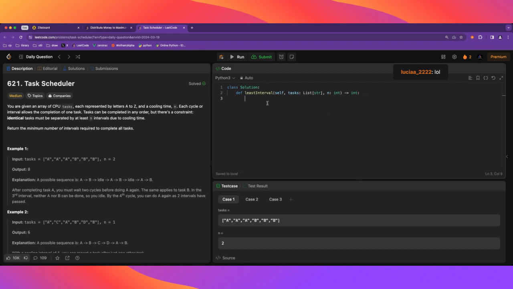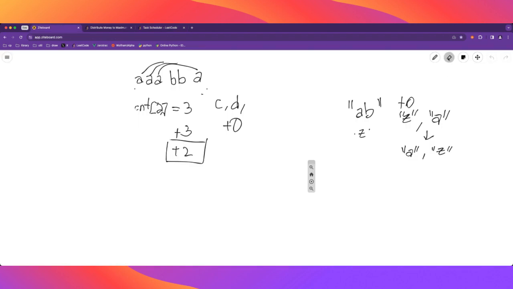There is a solution that is faster, I think, than simulating. There's no need to simulate, use a heap or any of those things. We're just going to count and do some math. Okay, so, all right, so